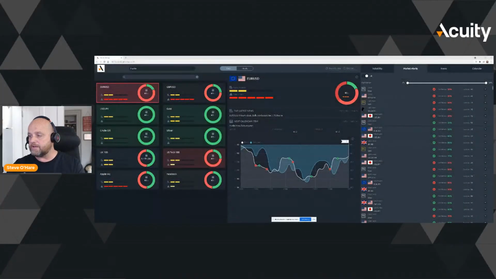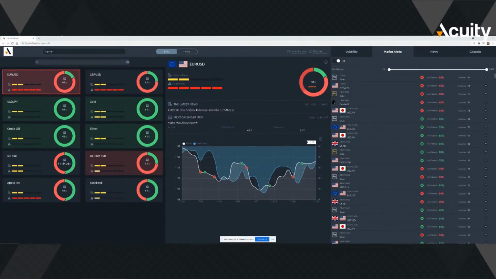Now, I'm going to drill down into a little bit of detail and really look at this from a trader's perspective, and how a trader can benefit from the market alerts and how he can use it in coming up with trade strategies and ideas. So let's take a look at the research terminal itself and share the full screen so that we can actually